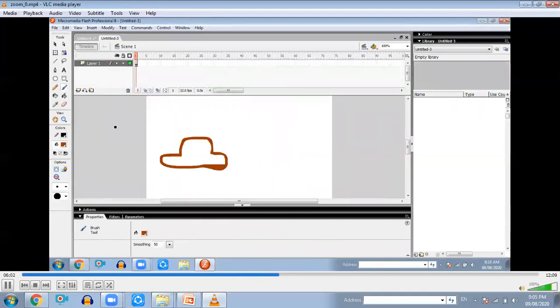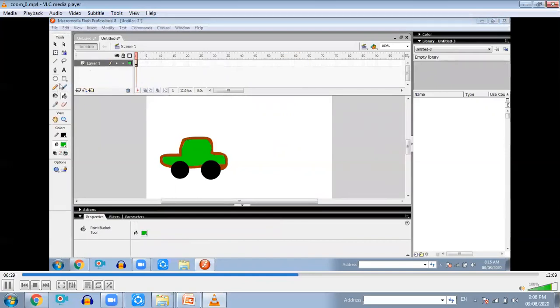I'm not a good artist, so the car is not in proper shape, but I know my students are very creative and very good artists, so you can create a good car. Here I have selected and drawn the car.